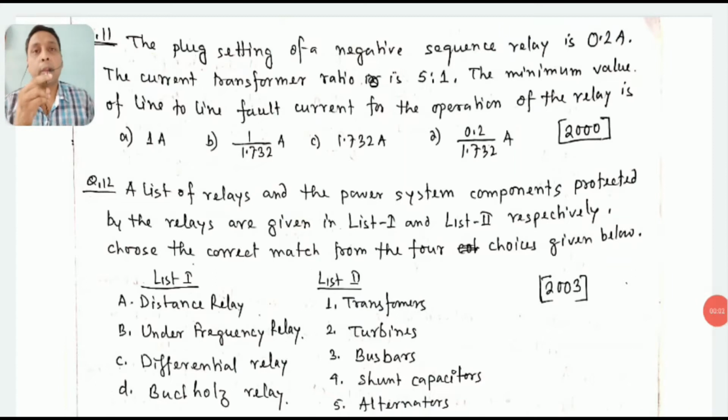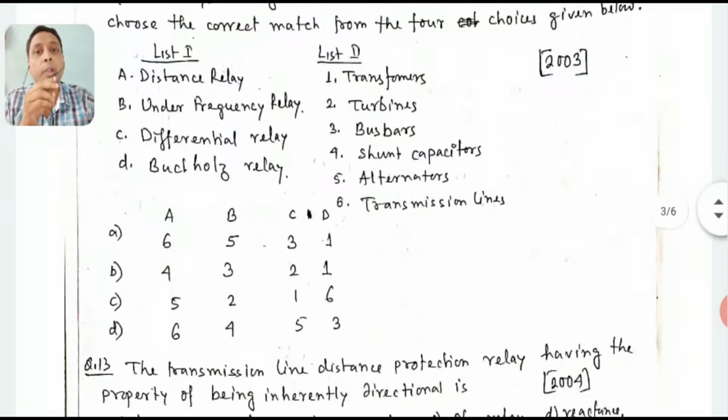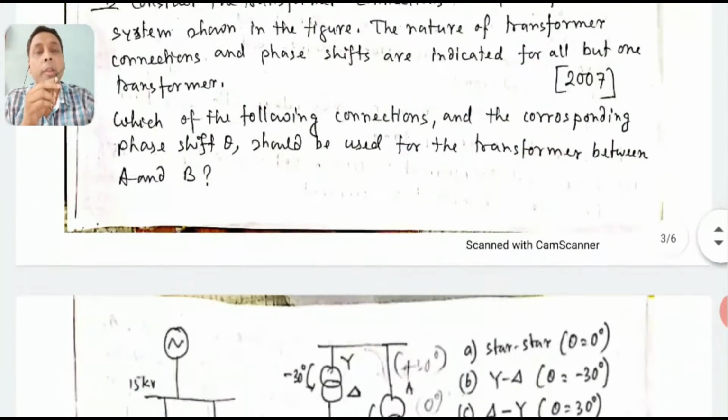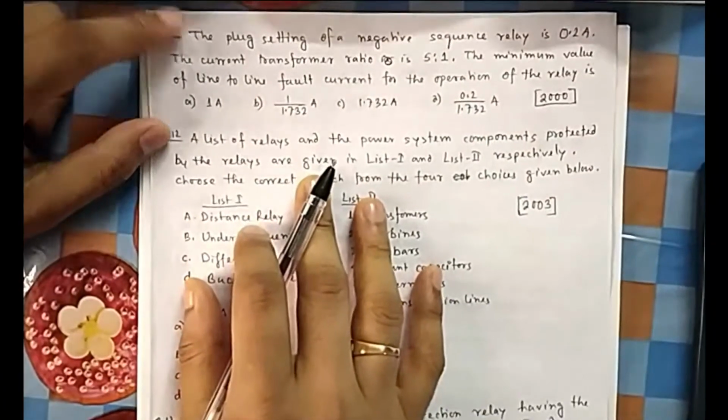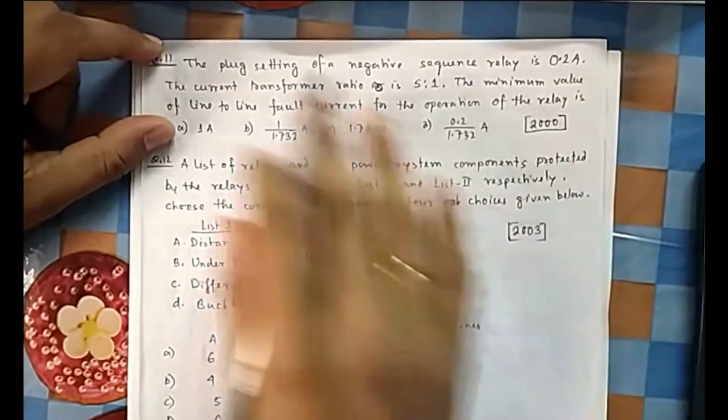Okay students, welcome you all once again to lecture 3 of this protection series. Today I have taken 5 questions: question number 11, 12, 13, 14 and 15. Okay, let's start. In question number 11, what they have asked is: the plug setting of a negative